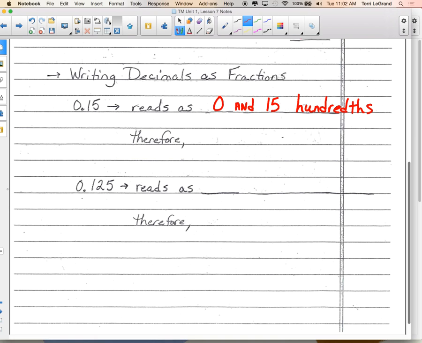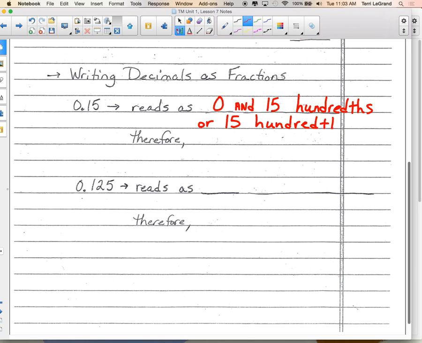But that 0 really actually has a role in that. It's saying there's nothing, this number is less than what? What is this number less than? Danny? 1. Yep, this number is less than 1. There's nothing in the ones place, it's a 0. Okay, so then, if this is 0 and 15 hundredths, or as Kate said, 15 hundredths,